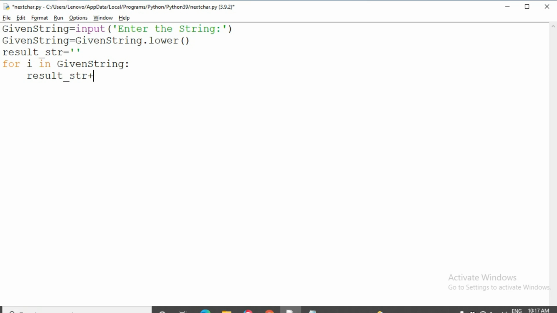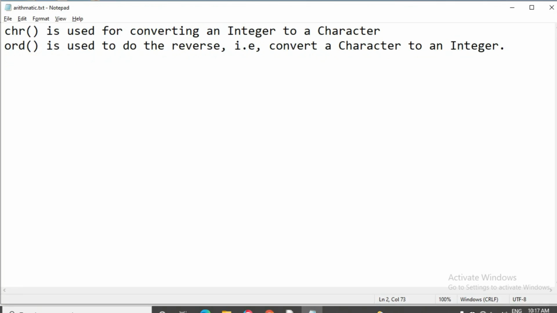Then, by applying this, we have to know about two functions. There are chr and ord. The chr function is used to convert the integer into a character. That means in the alphabetical order, A is 1, the first position, and B is 2 and so on.